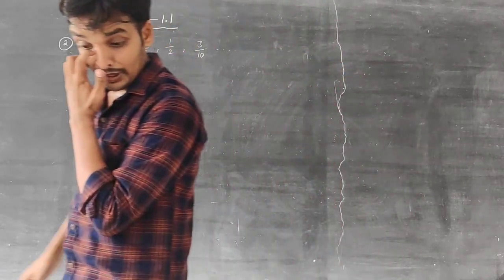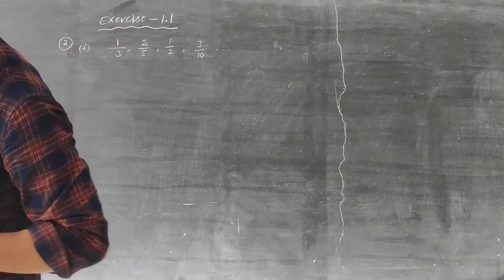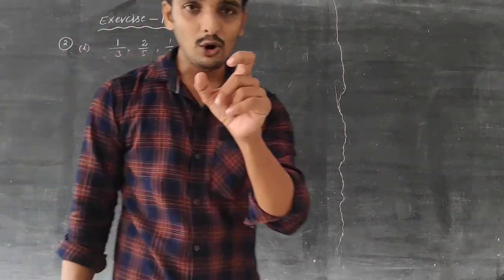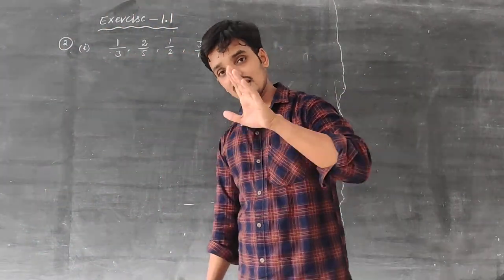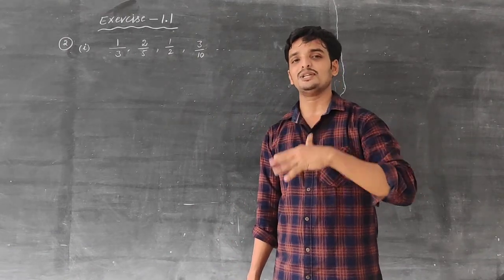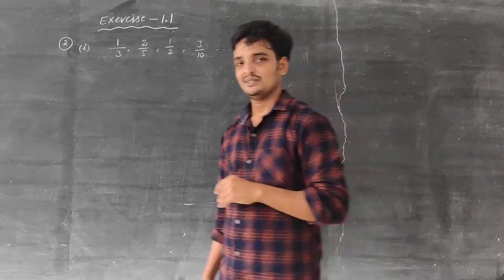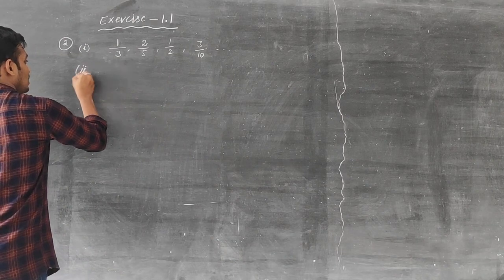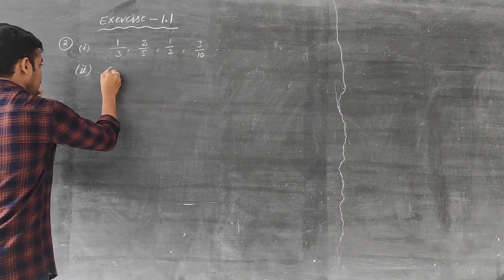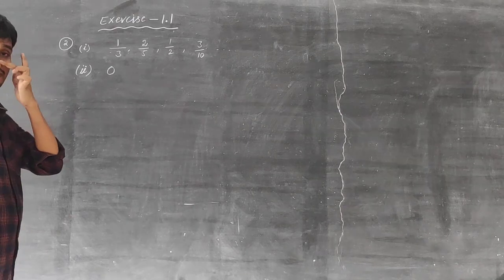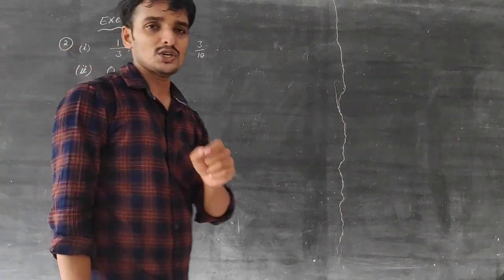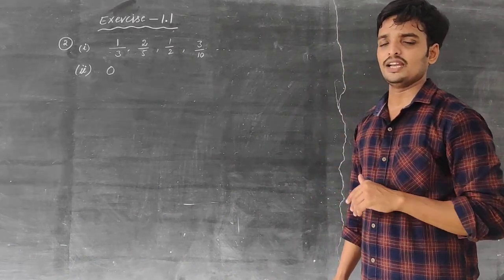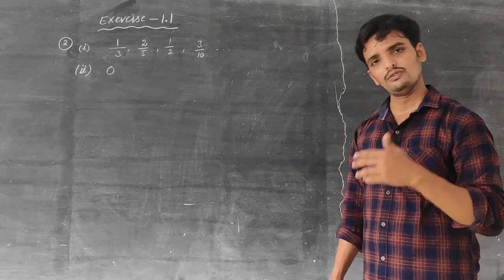Now the second question: a whole number which is not a natural number. You can tell the answer. A number which is whole, but it is not natural. What is that? Answer for the second question. We have to write the question and also the answer in your CW. The number is 0. 0 is a whole number, but not a natural number. We know very well about that.